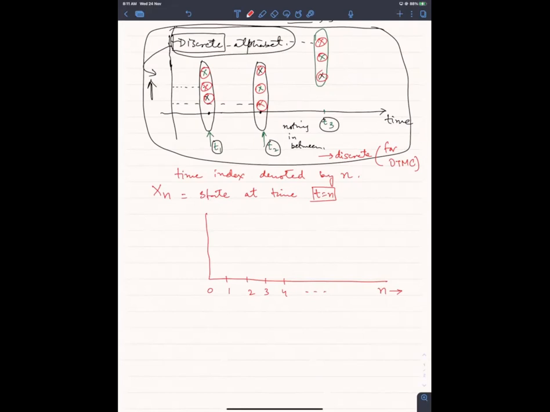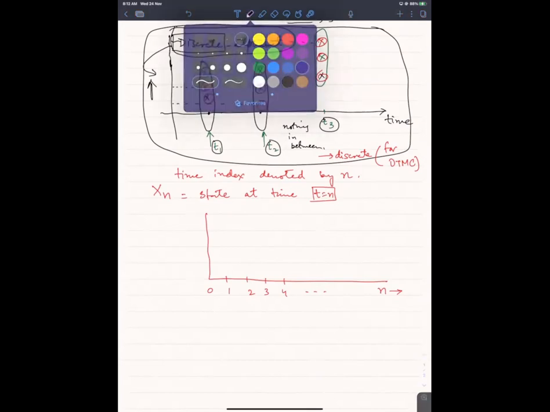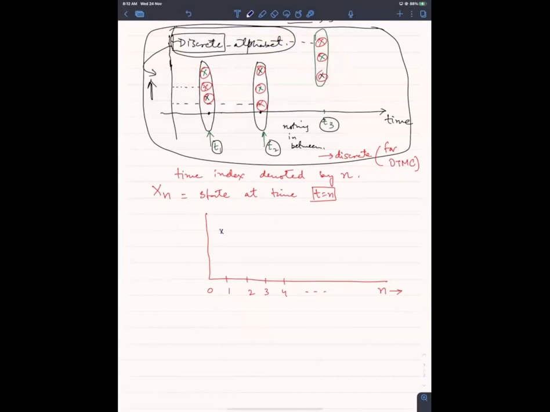Now, I am going to draw one sample function. एक मैं sample function draw करने लगा हूं, और वो sample function ऐसे हो सकता है कि first you have this state, and then maybe you have this state, and then maybe you have this state. So you might have noticed that I am using the word state, but it's really the values. ये एक value आ गई, ये एक value आ गई, और ये एक value आ गई. So maybe our entire random process is limited to these three values. Discrete में जरूरी तो नहीं है 3 हो, 4 भी हो सकती हैं, 5 भी हो सकती हैं. Vertical axis is discrete,